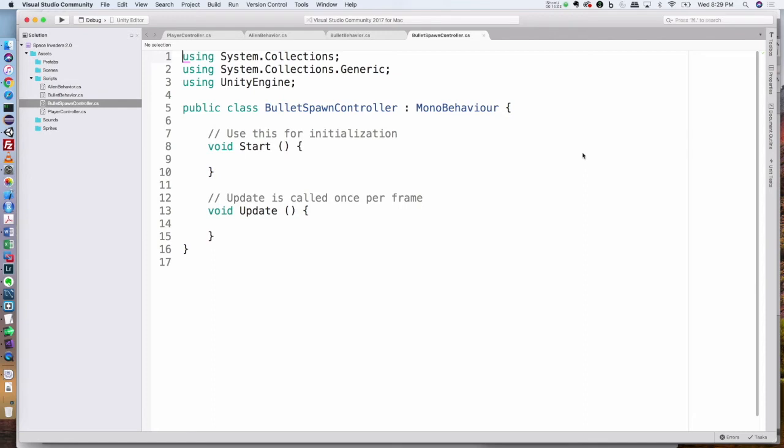So this is another cool thing. Remember what I told you about public variables? When you declare a variable as a public variable, it appears in the inspector, and you can drag things into it. So this is where I want you guys to watch very carefully. I'm going to create a public variable of type GameObject, and I'm going to call it bullet. Because I made it public,